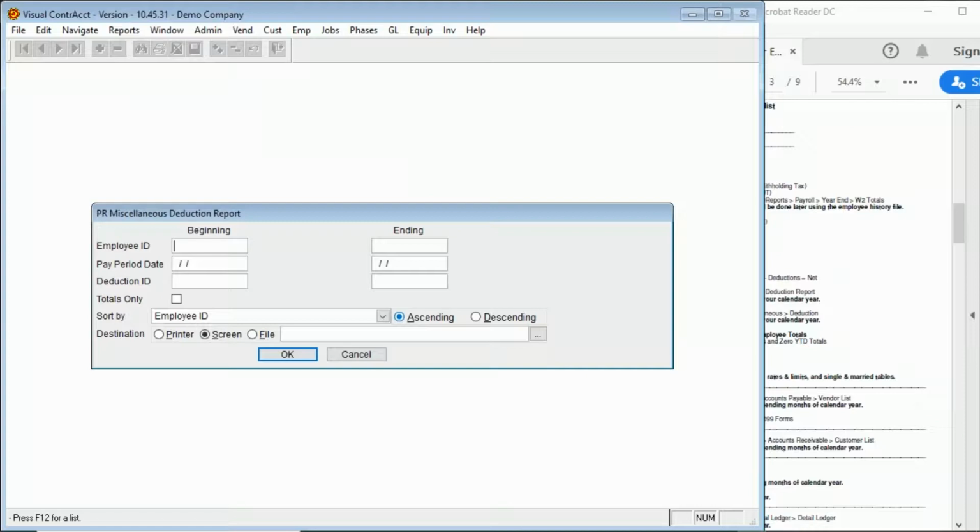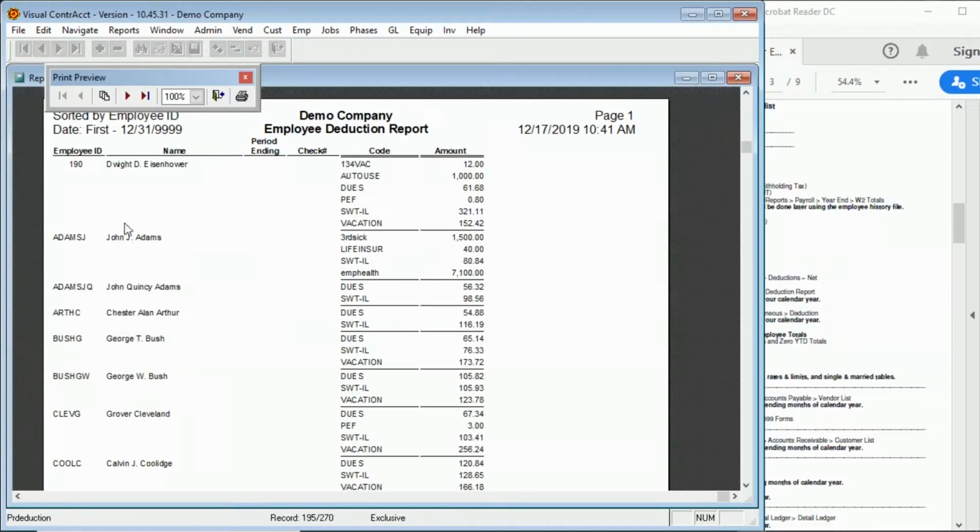It can be a helpful report if you want to see what your deductions were for the year. It's also a very long report, so I would recommend totals only. Otherwise, it's going to give you each deduction for every pay period. And if you hit totals only, it'll just give you a summary for each employee. So it'll show you their deduction codes, and it'll show you the amounts, and these are year-to-date amounts of what was taken out